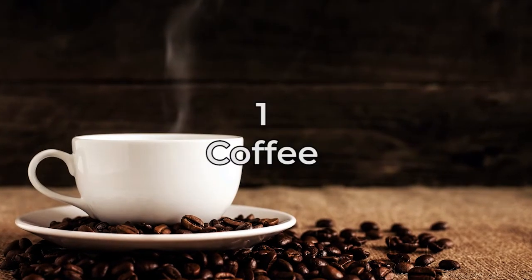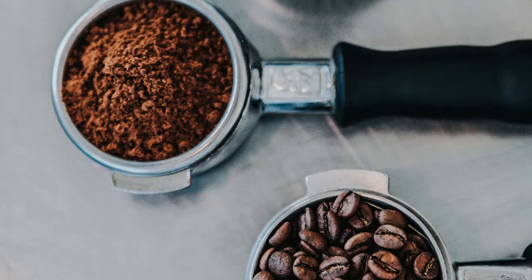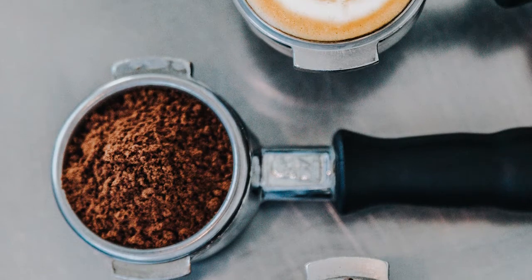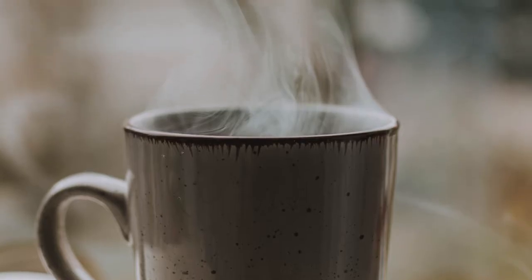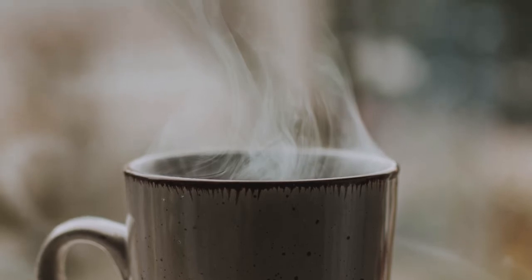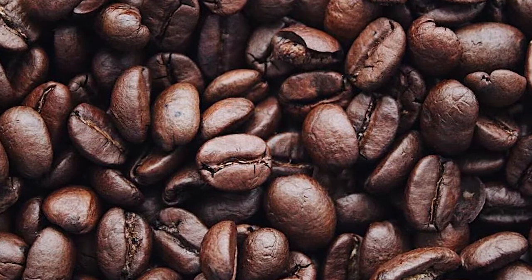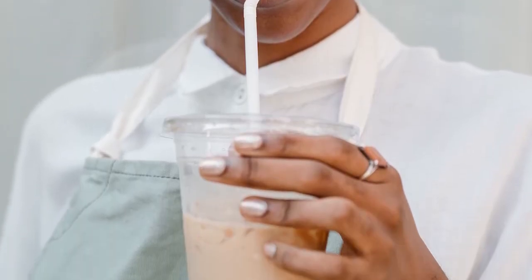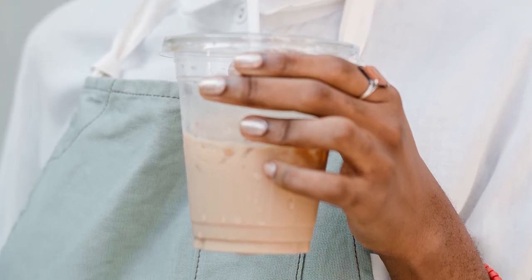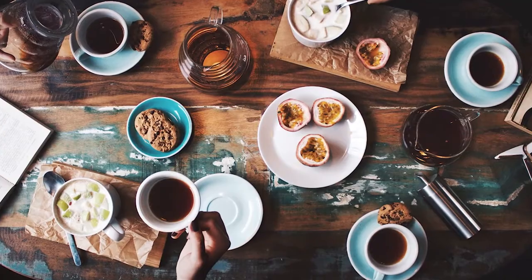1. Coffee. If you're one to start your day with coffee, or get through your daily stress with a cup of coffee, you can now ignore those that keep saying that coffee is bad for you, because studies have shown that aside from boosting alertness, coffee improves memory and decreases the risk of dementia. The active ingredient in coffee stimulates your brain cells, making them active, thus increasing the brain's capacity for learning and performing higher cognitive functions. In addition to all of these benefits, coffee also supplies the body with a healthy amount of antioxidants for the